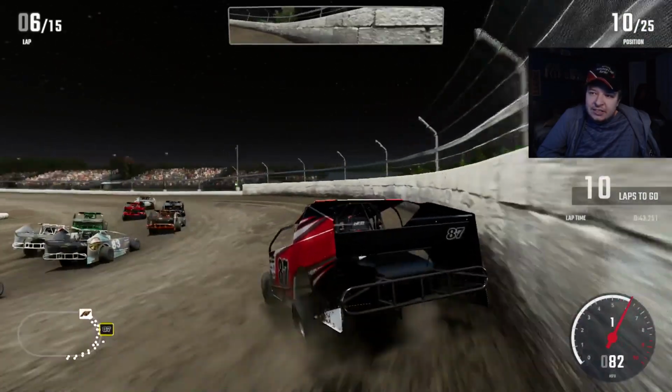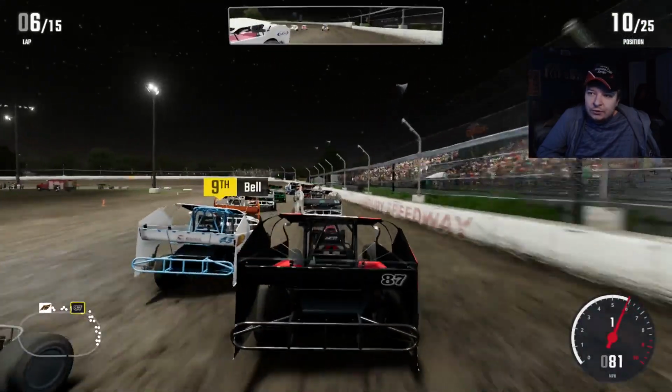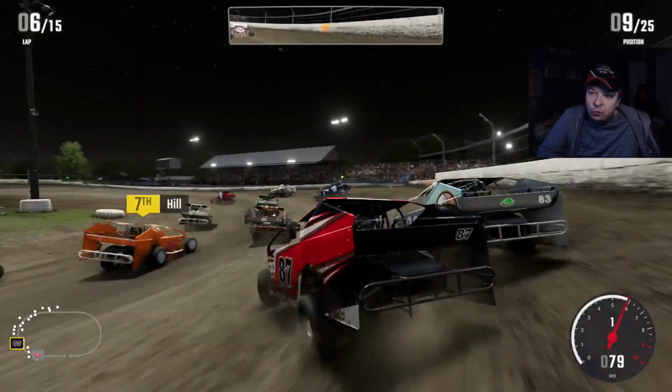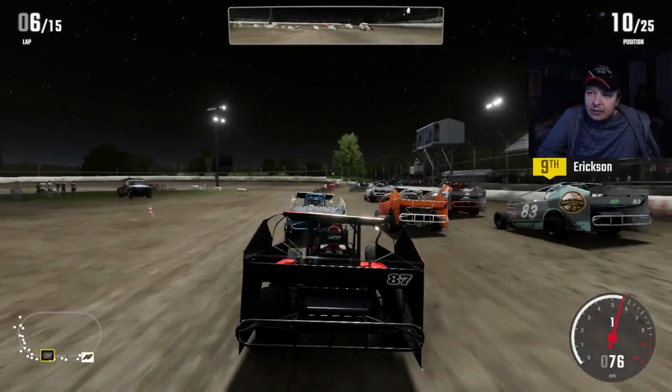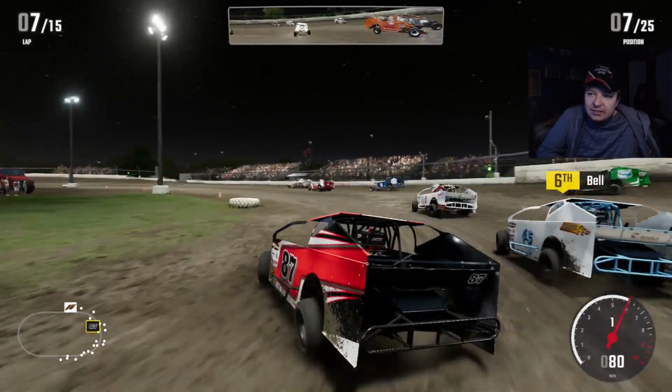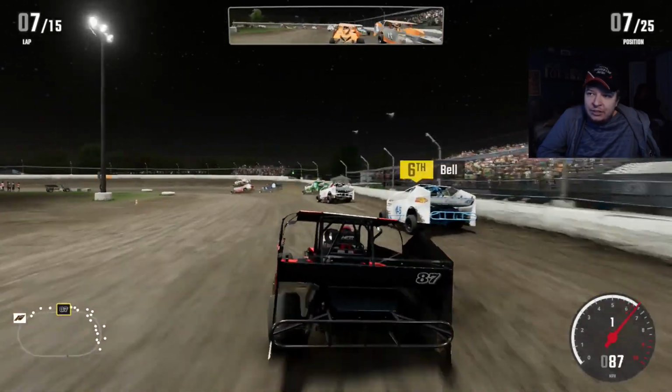I have no idea if this outside line's going to work here on the start, but we're going to try to take advantage of it. The cars. But I was trying to... Oh my god, the anxiety. Alright, we're just going to stay on the bottom. Clearly, I don't have the skills needed to make the outside line work. But what I was trying to see before the yellow came out...